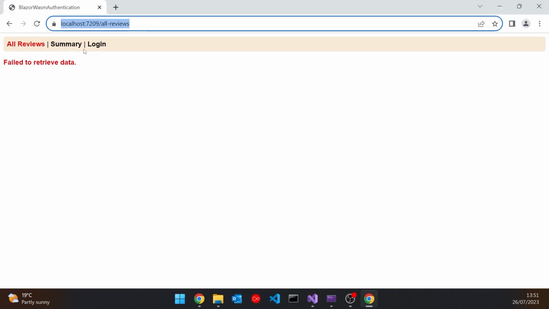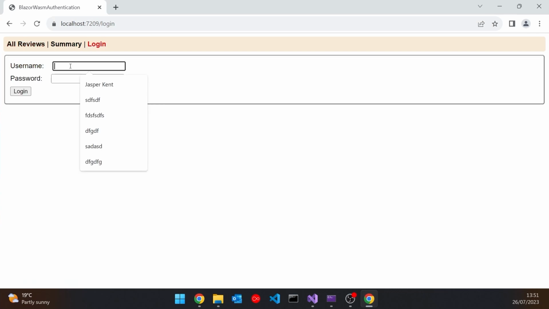And obviously it can't retrieve the data. We'll go to the login. Let's try it with some invalid login data and click on that. Give it a second, and then we get the login failed, so that's working. Now let's try the correct login. So Jasper Kent, and then PA$W0RD. Login for that one,